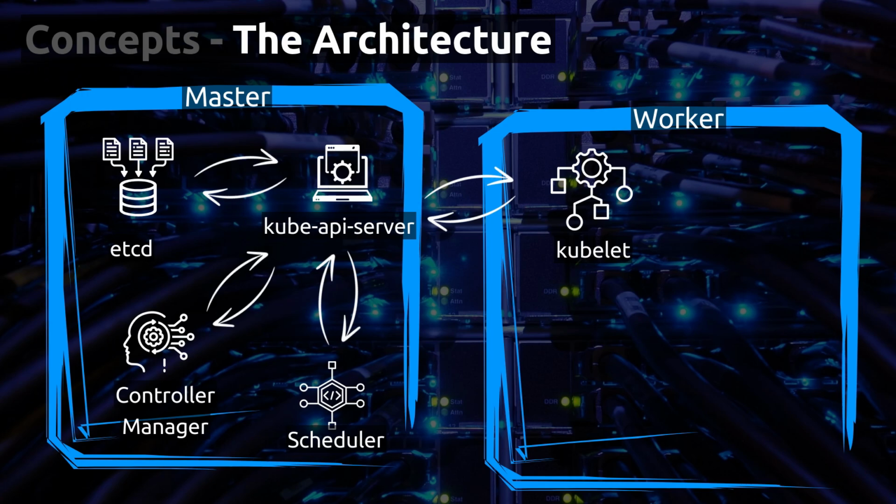Each worker node in the cluster has a kubelet process running on it. The kubelet acts as the node agent, constantly communicating with the API server to check for any assigned pods. Once the kubelet receives the scheduling decision from the API server, it takes the responsibility for starting containers specified by the pod manifest using the node's container runtime, like for example